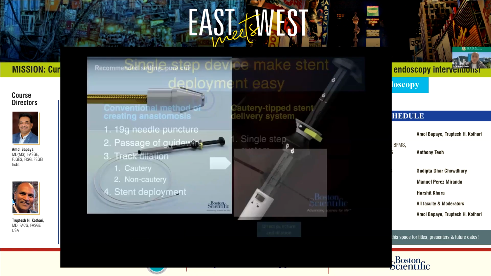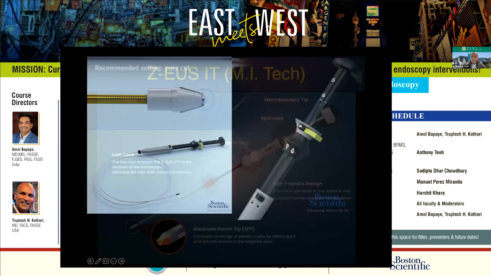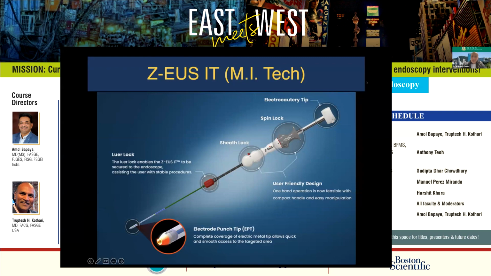So this slide has been shown. In terms of the axials, we know the endoscopically controlled system, which you need to learn how to push the delivery system forwards, followed by deployment of the distal flange and the proximal flange. A newer endoscopically controlled system is the EUS IT stent. IT meaning it's designed by Takao Itoi, and it's from MI Tech.